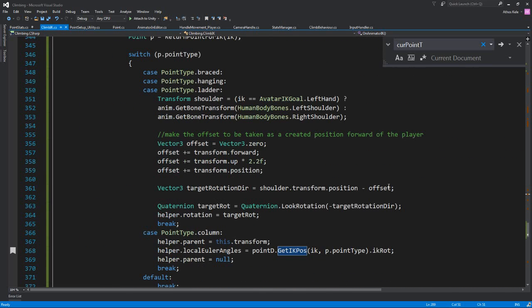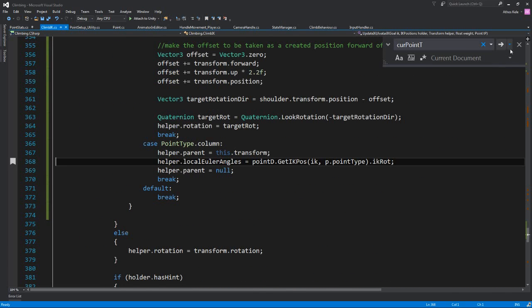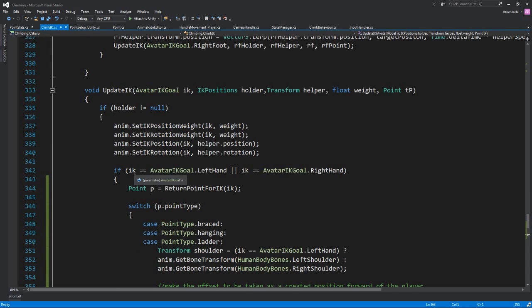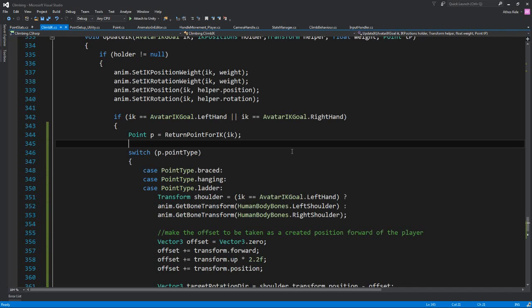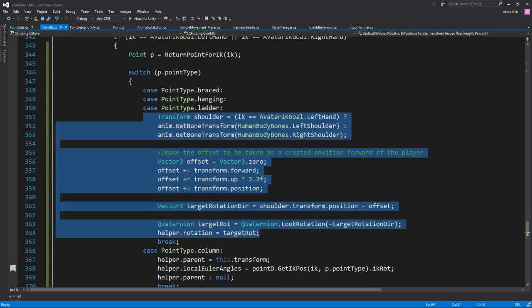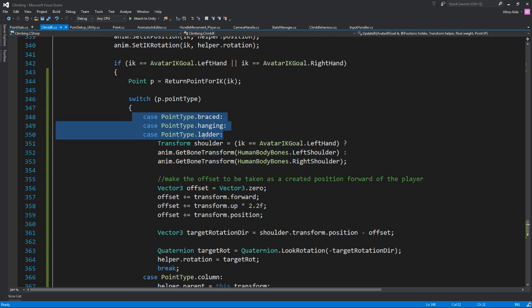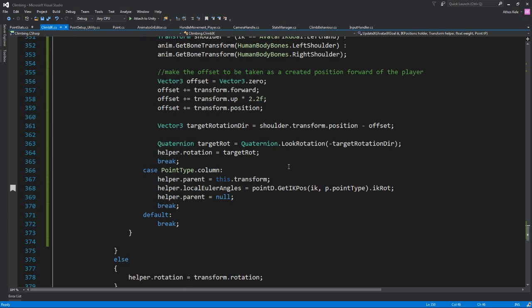So, let's say the last one, which has to do with the rotation. Okay, and if we're currently placing either the left hand or the right hand, we were basically making every hand look towards the shoulders. Now we're going to change that, and we're still going to do that for braced, hanging or ladder. Okay, but for column